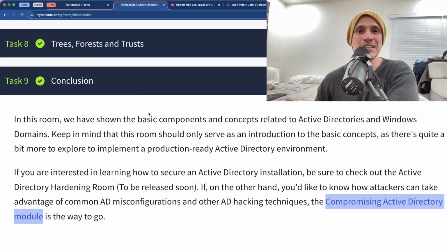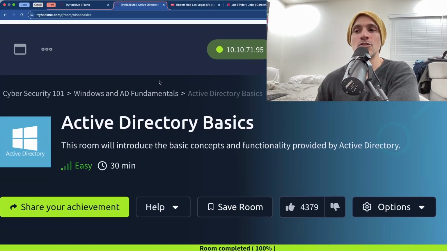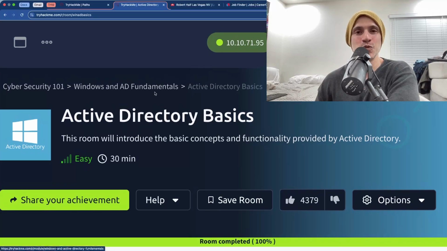It's obviously going to be another great refresher for me, so that it can re-ingrain the contents inside of my own brain. But when you get the basics under your belt and you have a really good, strong understanding of the foundations, then all of the advanced pen testing and hacking stuff becomes way easier, because you get how this whole thing works, and you can break into these systems easier, I'll say that. So that was it for our Active Directory basics room inside of the Cybersecurity 101 pathway of